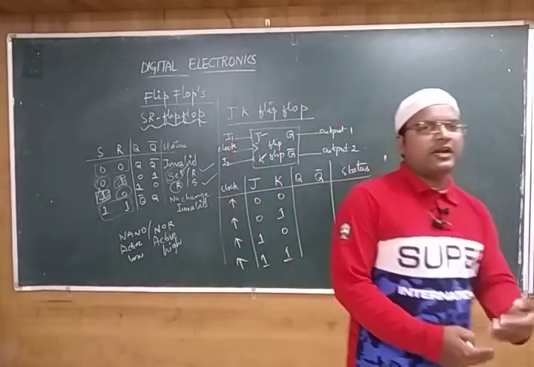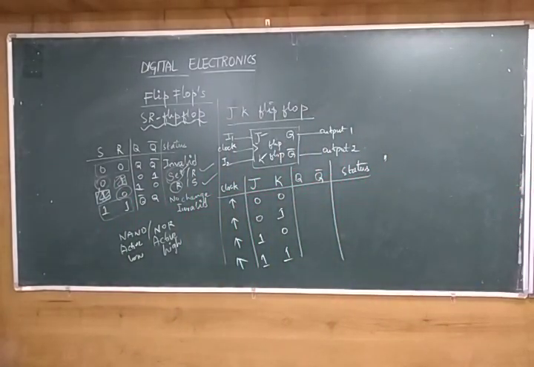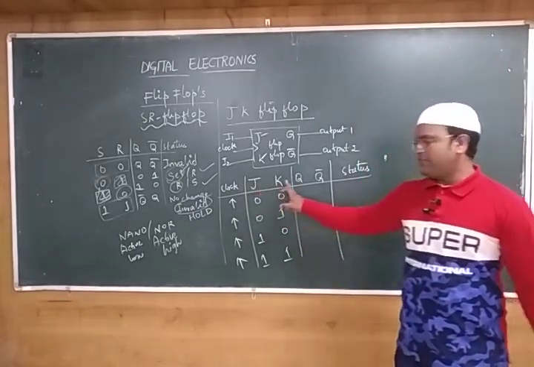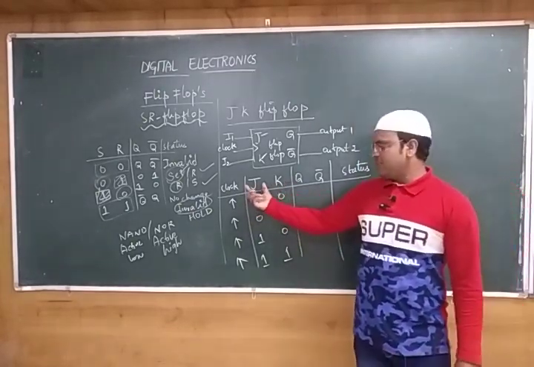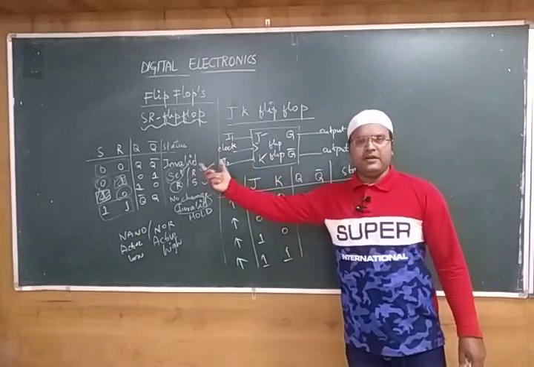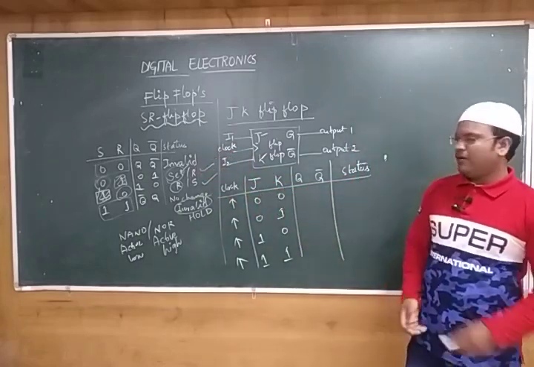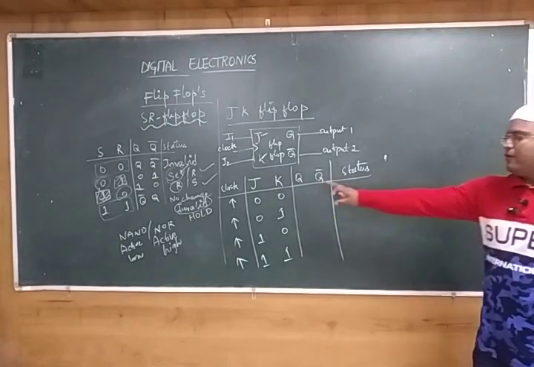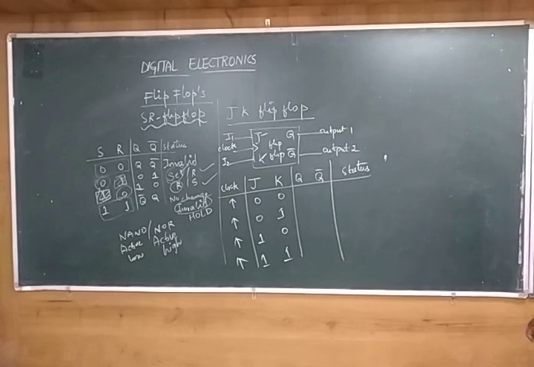Next, we have to write its truth table output. For writing this, we have to mention what values are going to be present. It gives the values by using the clock pulses. So we have given the truth table for it. We gave J and K as 2 inputs. J resembles S here and K resembles R, right? So we are using these 2 parts. We have to write the status of the outputs. What would the status be? Q and Q bar are there, and we have to write the status value.